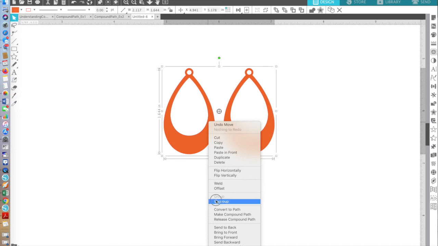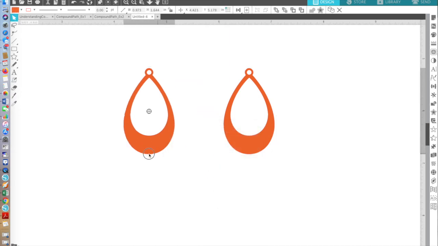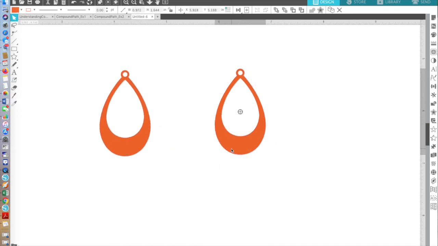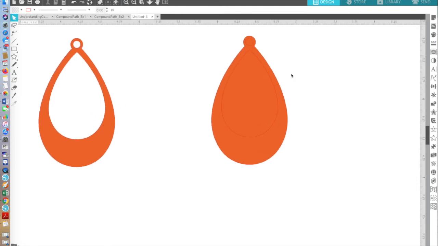First, I'm going to ungroup them, so I'm just working with one of the earrings. I'm going to release the compound path, and now I've got the outer shape, the ear wire hole, and the